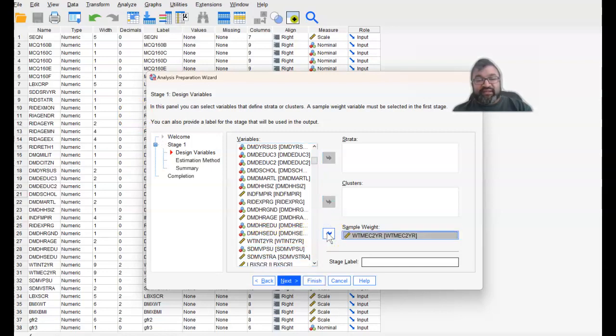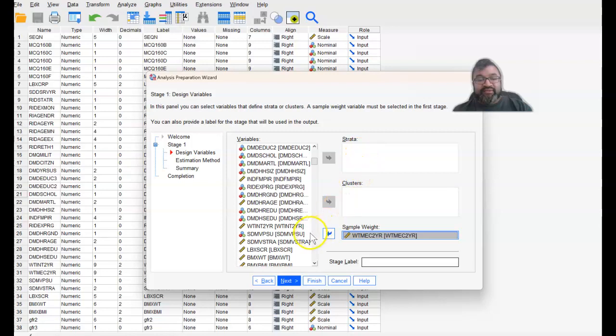So the sample weight is WTMEC 2-year, or if you're using the pre-pandemic, then there might be a similar variable. However, the variable name will be slightly different. It will still start with WTMEC. However, some of this name and nomenclature might be missing. Anyway, let's go to